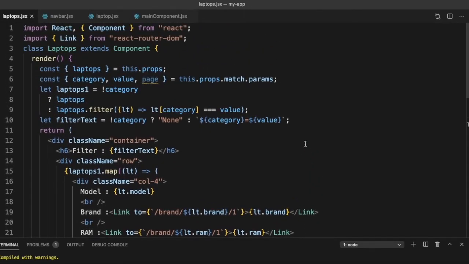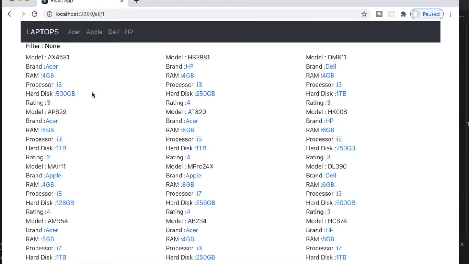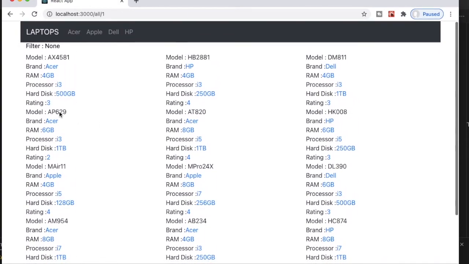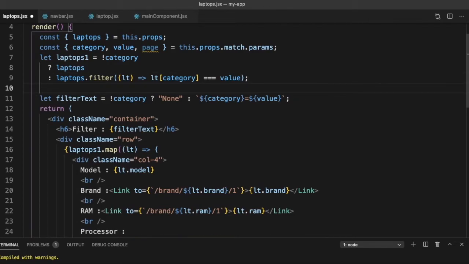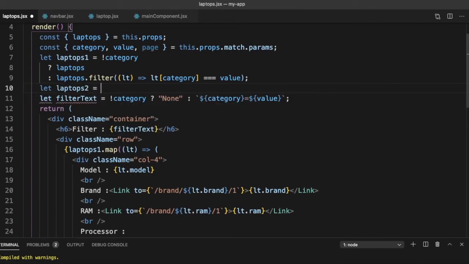So let's go ahead and test it so far. If we go here, what are we getting? We are getting the details of all these. So let's now filter them for a maximum of 3. So let's say let laptops2.